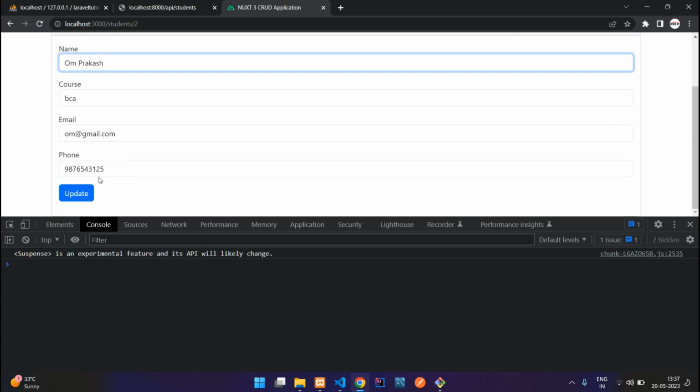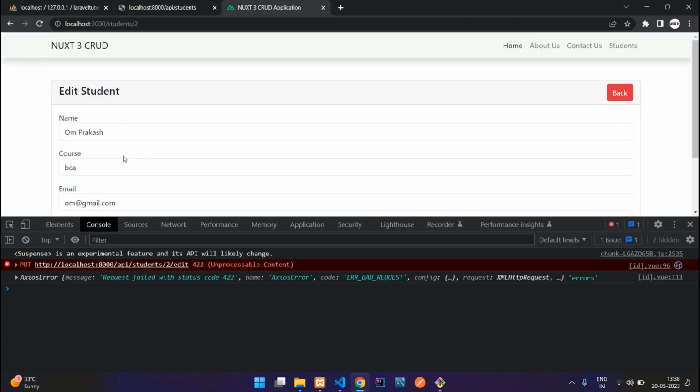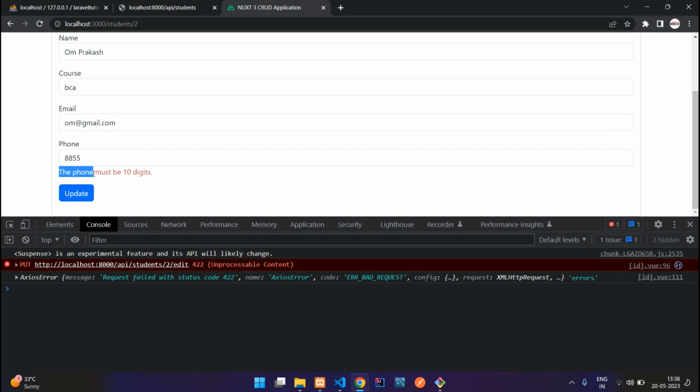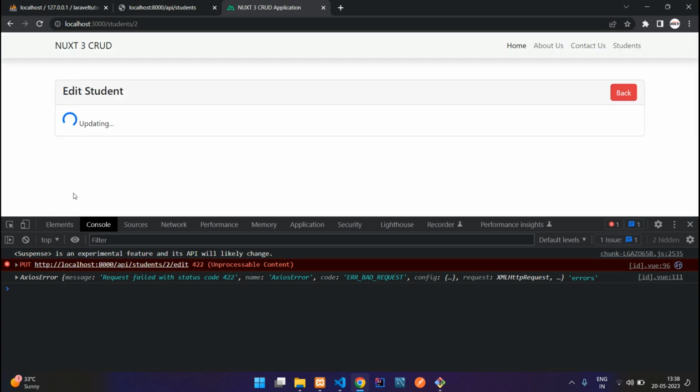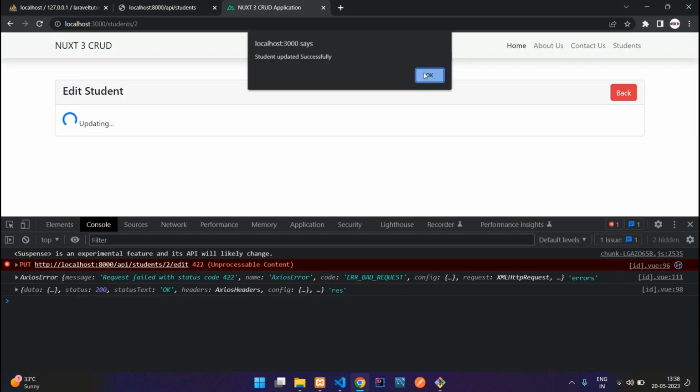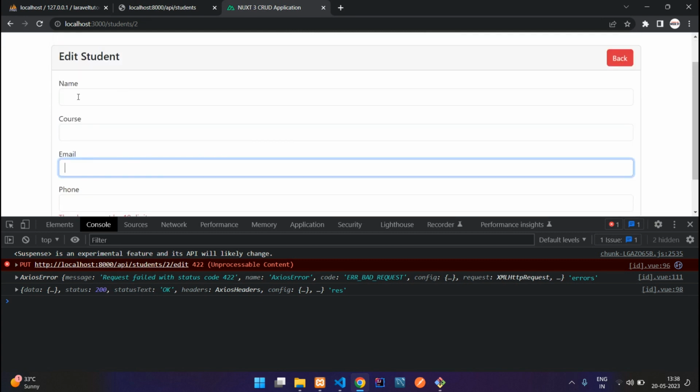Perfect. And now guys, here for the validation, let me enter 4 digits. Let's click update, and here you see the phone must be 10 digits. Let's make it 10 digits. Now if you update, student updated successfully, okay, and all the inputs are empty, but we don't need to keep